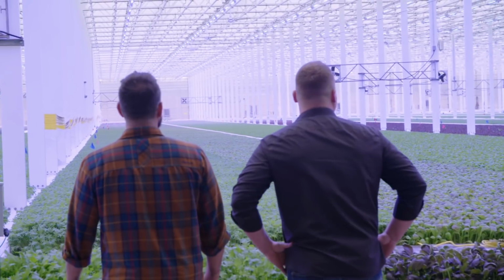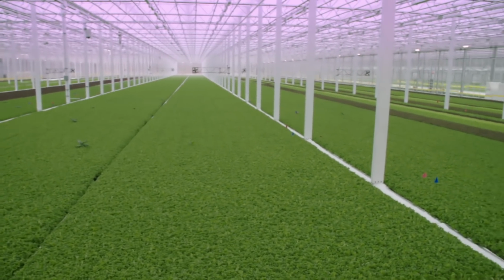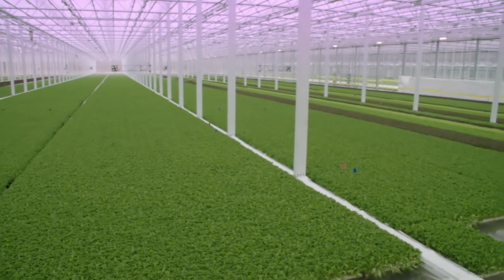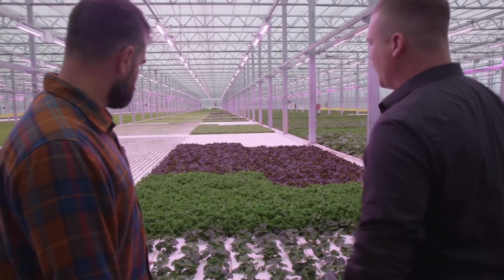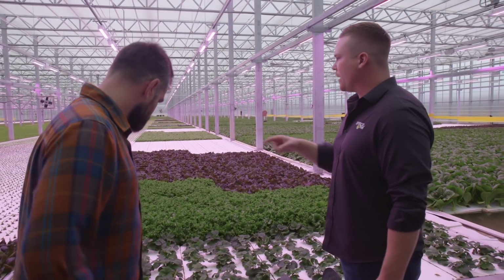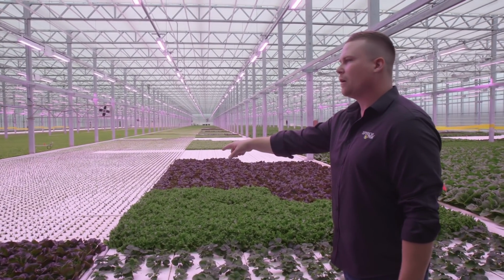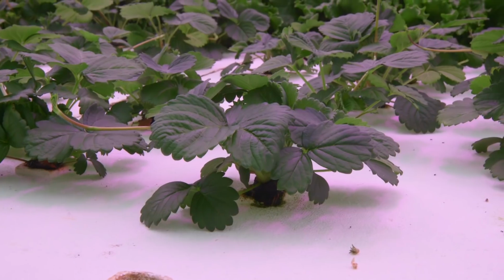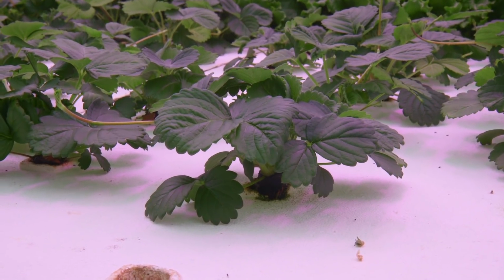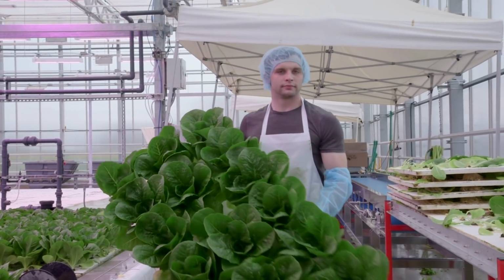It's beautiful. Total, we've got over 250,000 square feet of greenhouse structure here. So if you remember some of the seedlings that we saw in the propagation room, after they're in there for about 9 or 10 days, we bring them out into the greenhouse. And you can see they're at a much higher density right here. So these are seedlings that came in yesterday. They all shift to the south end of the greenhouse. They get transplanted into a board with a little bit more space, and they come back and everything gets harvested